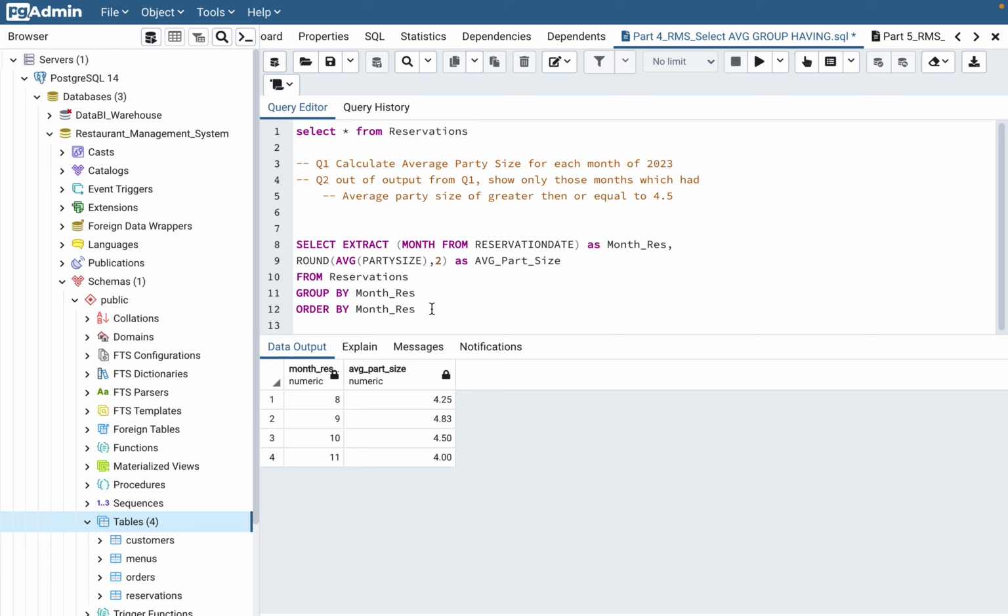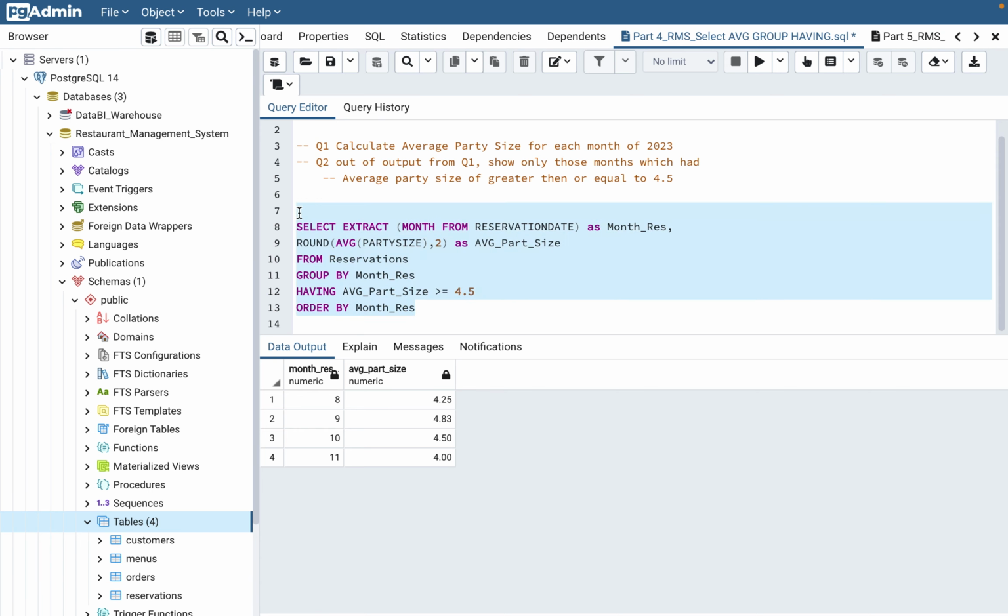So in this case, what you do is they're asking you to apply the filter on the grouped data set that you got, right? Not on each row, right? Remember that average party size. They're saying average party size. So that means they are asking you to filter the data out of this. So what you will do is use a HAVING clause, okay? HAVING average party size greater than or equal to 4.5. Okay, so if you run this query,